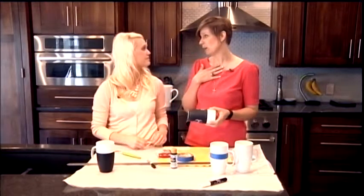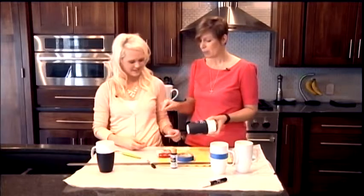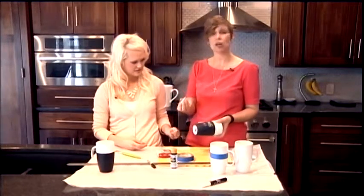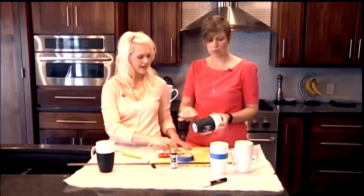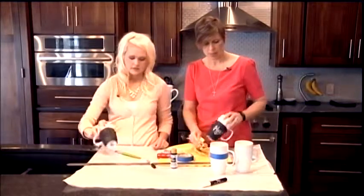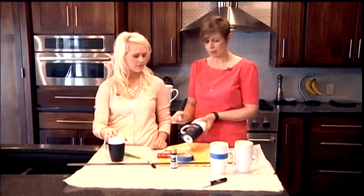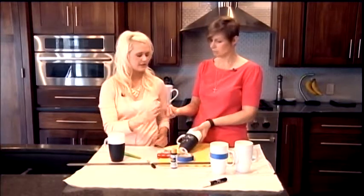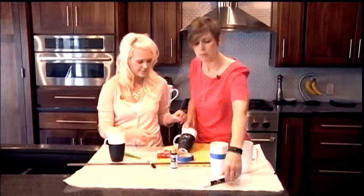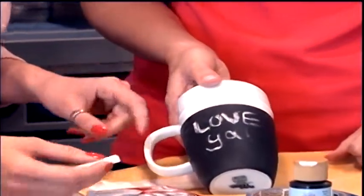I don't know if I would want to put it in my dishwasher, but it says it is, so that's pretty cool. Yes. But you just prime it with a chalk. You just rub it on there, and then you can wipe it off, and then you can write on it. And we actually did 2 different ways. We did just regular chalk, and I am not very good at writing in chalk,